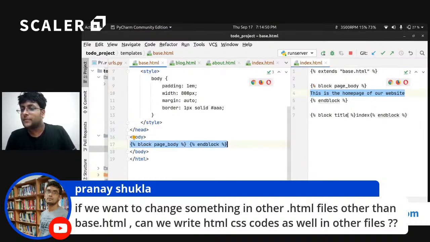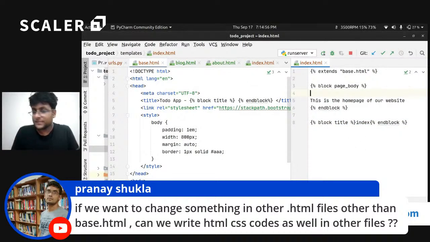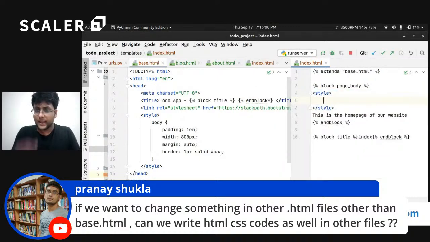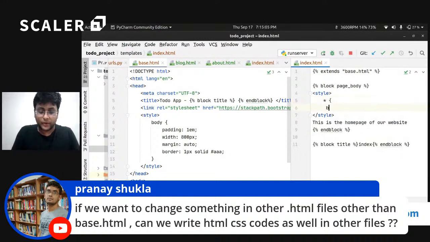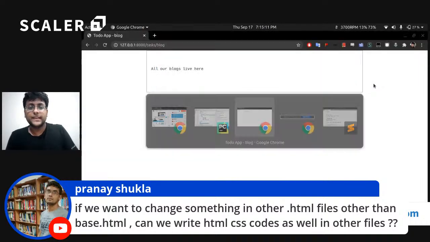Right? Similarly, there will be a block called title. Replace this block with this content. All right. Now I can totally come over here and put some custom CSS. So I can say style, and I can provide something like asterisk to everything. I can provide a background of red, right? So if I do this, and if I try to reload my index.html page now,